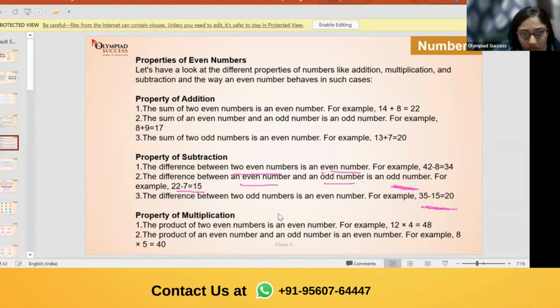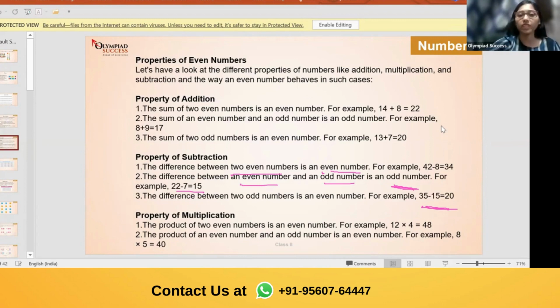Okay, Mishika has written 24 minus 12 is 12. Good. Ayansh, 22 minus 2 is 20. Good. What about others? Shriyan, Ishanvi, Krishna. Okay, Krishna has written 34 minus 4 is 30. Ishanvi has written 4 minus 2 is 2. Great. So all of you got it?